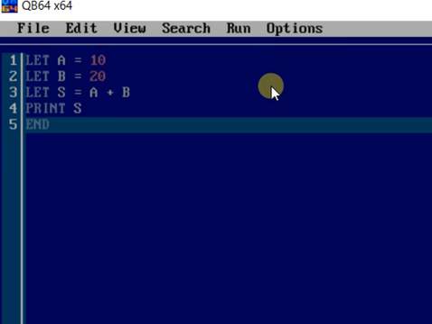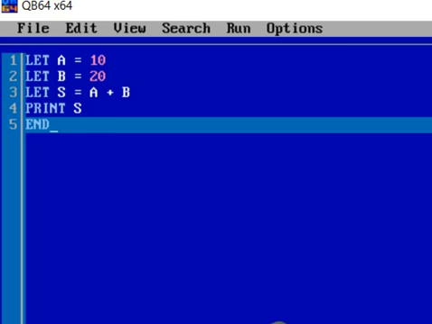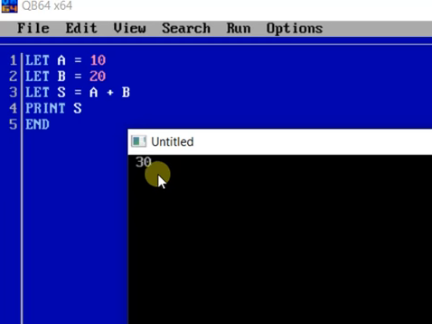If I run the program, it will be shown on the output screen. The value will be 30, but can we enter any number here? Can we input during the execution? No, because I have used let statement.